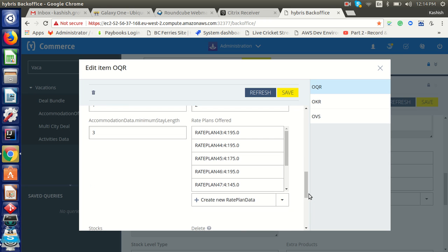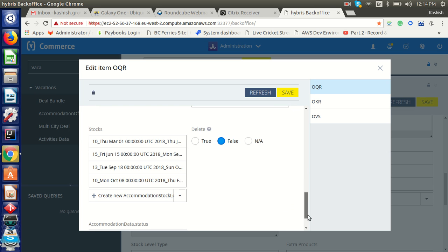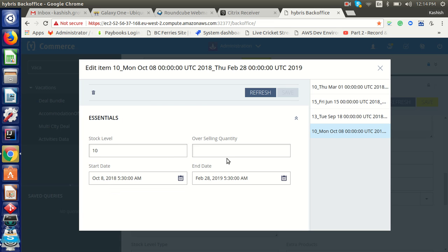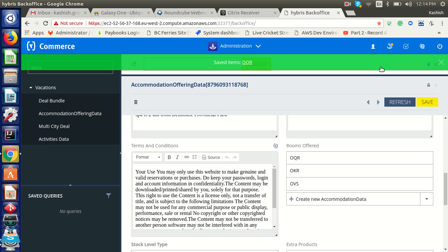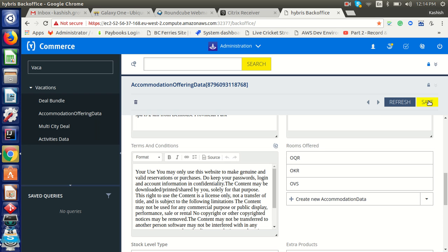The same can be done for the rate plans or the inventory. So I'll edit the inventory as well. I'll add the overselling quantity field. This is the first save that we are doing. Now we need to click on save here as well, because that is the third level of hierarchy which we have to edit. So now the last save has to be clicked here to get the processing done for the